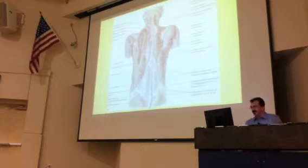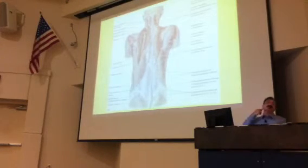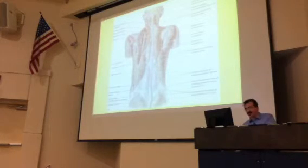Okay, so this is a picture of the muscles of the back, and this is the accessory nerve. You see, the accessory nerve is coming from here. We'll see the jugular foramen, which is where it exits the skull together with cranial nerves 9 and 10, and then it comes towards the lateral side. It innervates the sternocleidomastoid muscle, and then comes to the back and innervates the trapezius muscle. You see, the trapezius has been just cut and folded. So you see the rhomboids minor and major, levator scapulae, the latissimus dorsi, all these muscles, and then